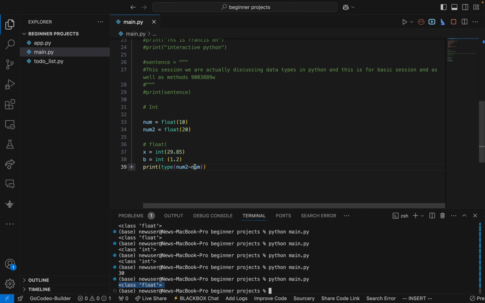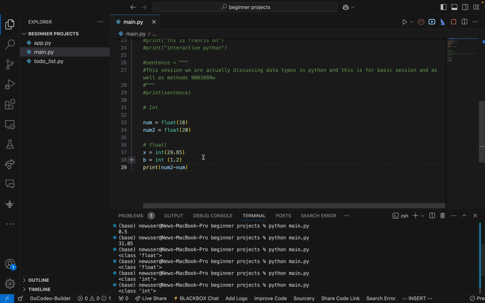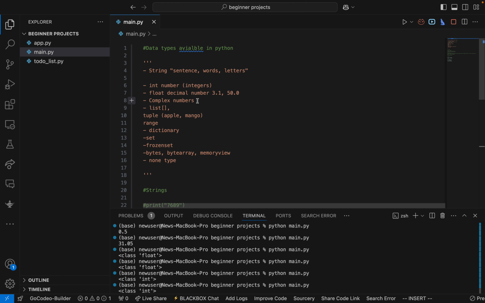And if you work this out, you see it's going to give us a float at the end of the day. Even though the actual numbers were 10 and 20, it still gives us 10.0 as a float. So that is how you can convert int into float and float into int, in that order. So that is how variables are in this instance. Since we've worked on floats,